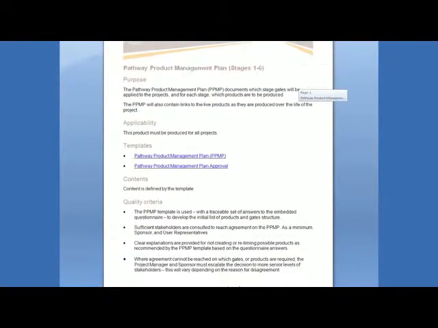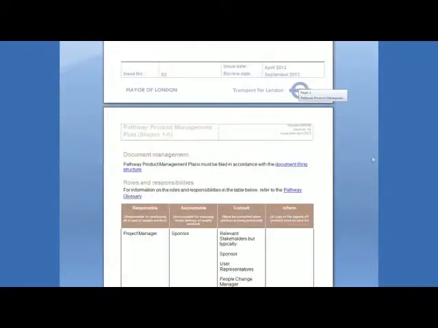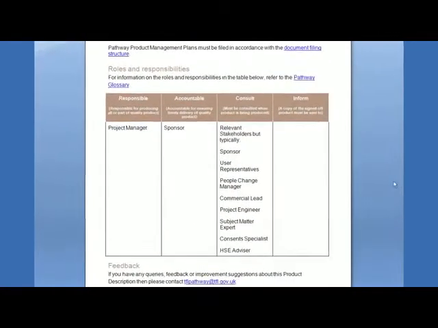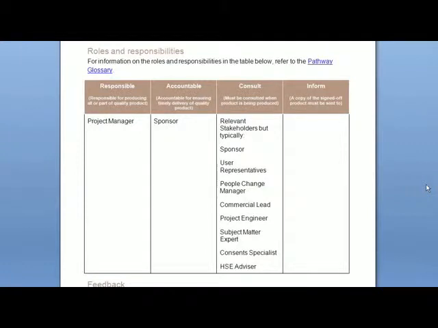The screen is displaying the PPMP product description. The RACI chart at the bottom shows that the project manager is responsible for the production of the PPMP and the sponsor is accountable for it. They will use the tool to produce their first draft at the very beginning of the work in outcome definition or stage 1